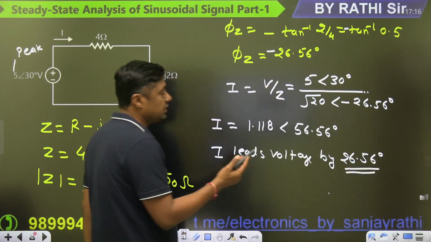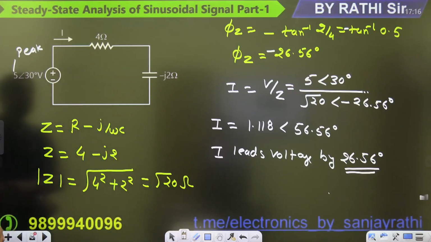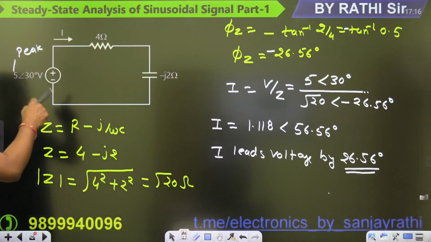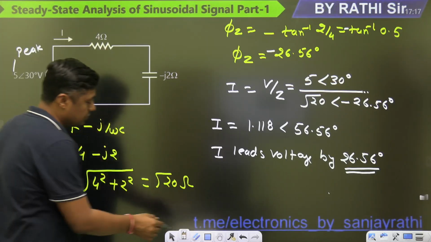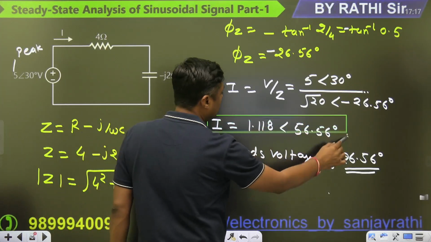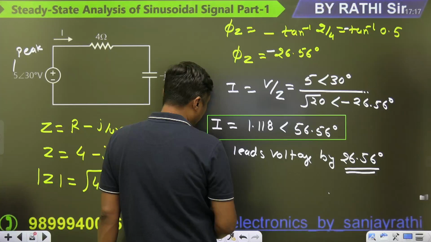You can find the difference between theta I and theta V. So this is the leading. That's why the capacitive circuit is called leading circuit. Now if you have the value of the I, remember if it is the peak value, this is also a peak value. This is a peak value here. Then